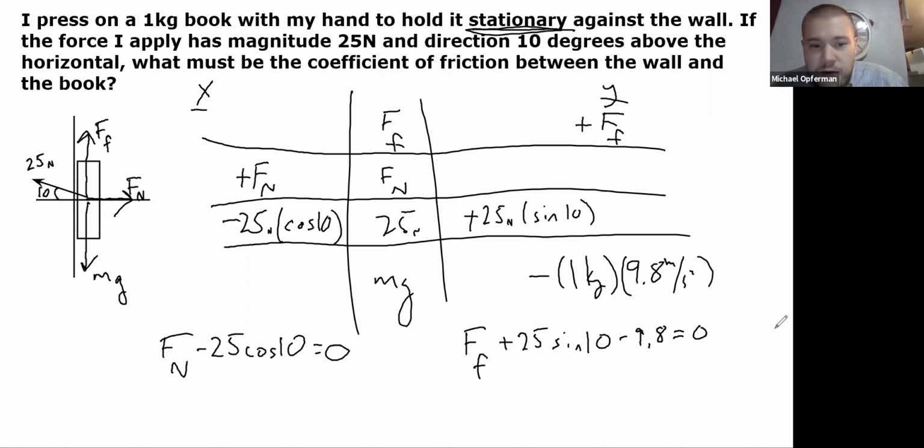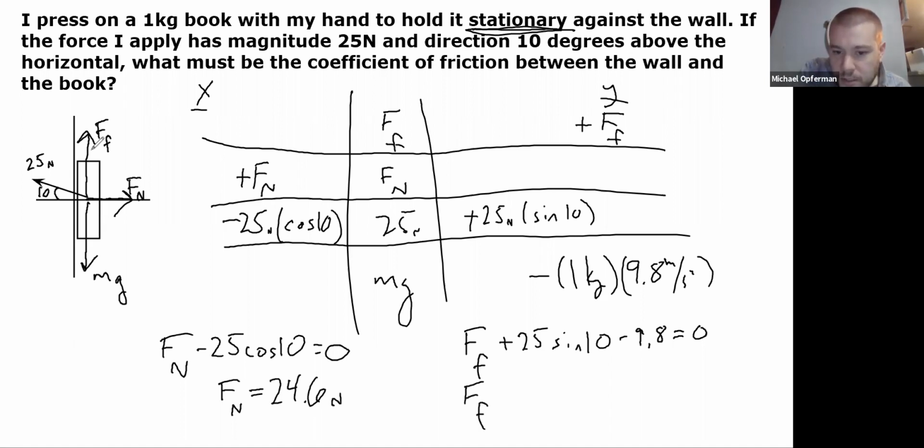Now, those can be solved very easily. So let me go ahead and do that before I really think about how exactly I want to process the friction force. Let's see what I'm working with. I have here normal force is going to be equal to 25 cosine 10. So that is cosine of 10 times 25, 24.6 Newton. And over here, the value of the friction force is going to be 9.8 minus 25 sine of 10. And I got that as positive